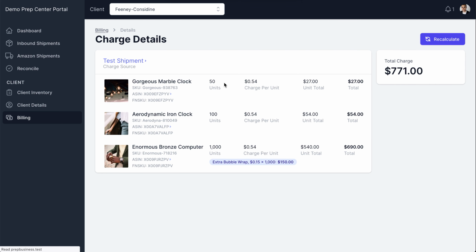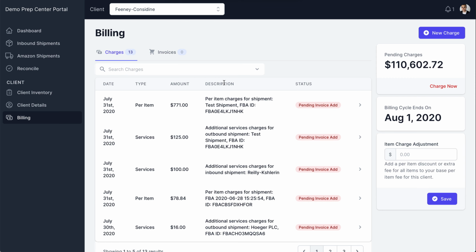So essentially, the way to think about billing is when a shipment is created. That's when created on FBA, I should say. That's when the client is actually charged. Now, the charge is different from an invoice where a client actually needs to make a payment. So you can decide to ask a client to pay in a few different ways. So you can ask them to pay